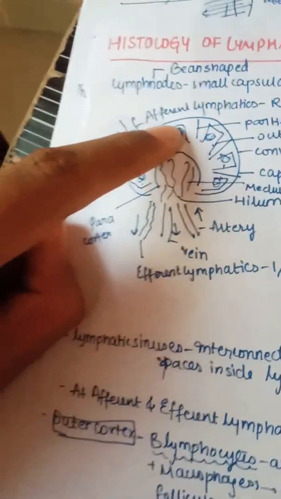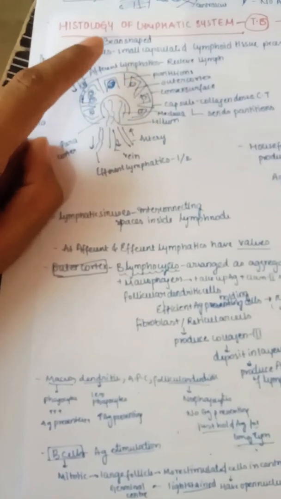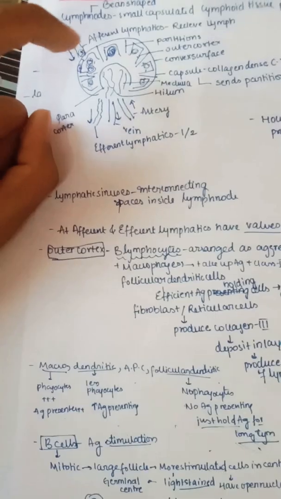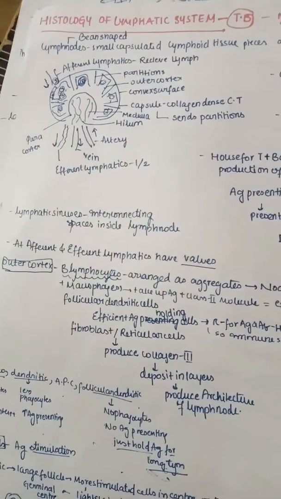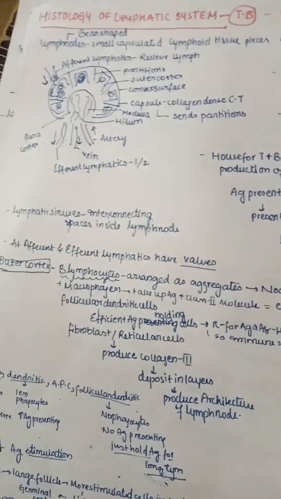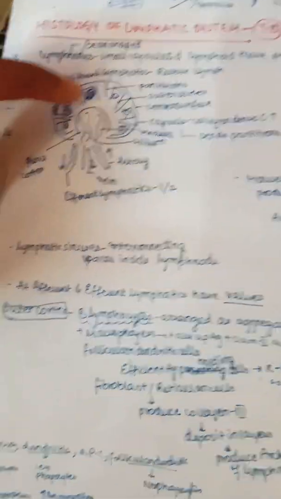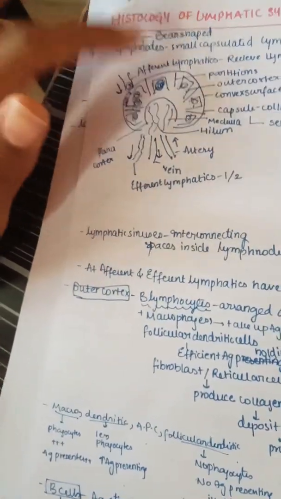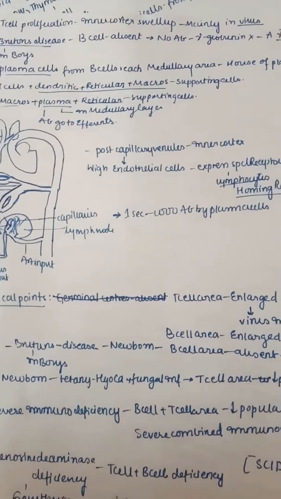Along with B cells, if you recall, we have macrophages, dendritic cells, antigen presenting cells, and also follicular dendritic cells. And among the T cells, we also have some supporting cells like macrophages, follicular dendritic cells, etc. B cells are active only when they have a centroblast or centrocyte with a pale germinal center. Then we can see these cells are actively proliferating. Now T cell proliferation mainly takes place in the inner cortex, so that the inner cortex swells up mainly in virus infections.